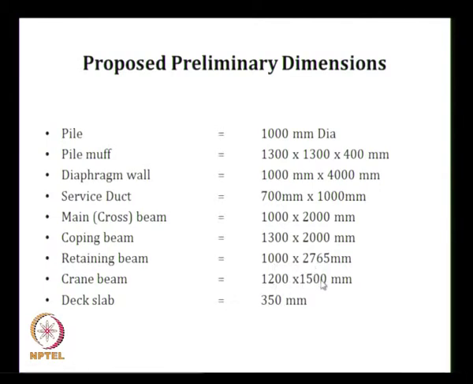We have 2 crane beams. The width of the crane beam should be sufficient to fix the rail as well as some cable ducts. The deck slab thickness is 350 millimeters. This thickness is governed by the span of the main cross beam, that is the spacing of the main cross beam. These cross beams are at every 4 meters center to center, and this design is governed by mobile harbor cranes. These mobile harbor cranes, the load will be about 200 kilonewton per meter square, pad loads. This also we will discuss later.